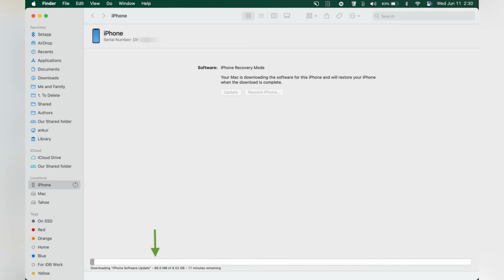Once the restore finishes, your iPhone or iPad will restart with iOS 18 installed. You can set it up as new or restore from a backup made on iOS 18. And that's it,